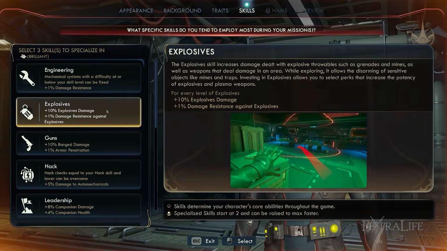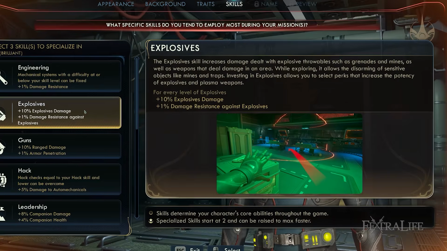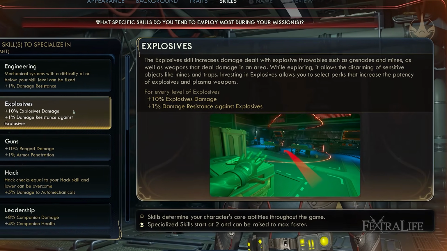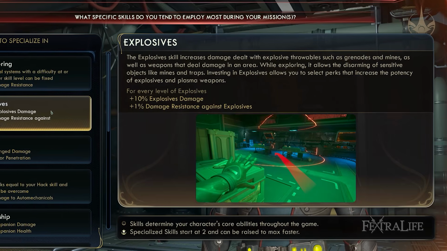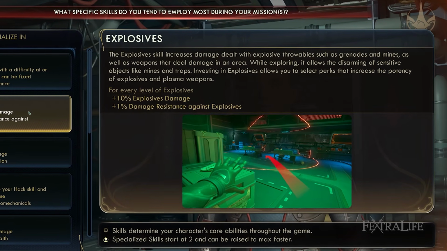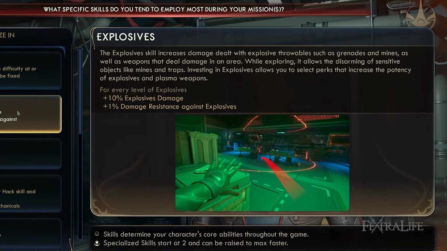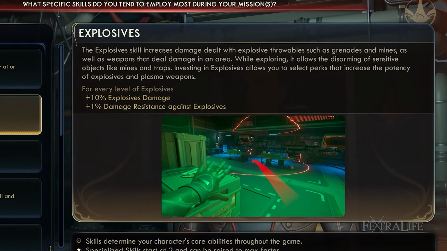Engineering is one that I could definitely recommend all around to any character, no matter what play style you're playing. Explosive simply increases your explosive damage and also increases your damage resistance against explosives. If you're not using grenades or explosive type weapons like a rocket launcher or something like that, which you probably won't most of the game, this is one you probably don't want to focus on. Putting 1 point into it is not bad for unlocking some perks, but generally speaking, you don't want to